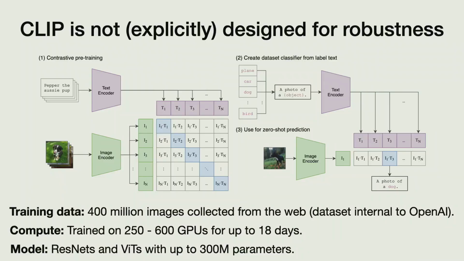You just tell the model the names of your classes. So for instance here, plane, car, dog, and bird. You make captions out of it, sort of like fake captions, like a photo of a plane. You feed this through your text encoder. You do this once for each of your classes. We have k classes, so now we have k text embeddings. And then at inference time, you compute the image embedding for your input image, and then you just do nearest neighbor in your text embedding space. That way you can use this out of the box as an image classifier without explicitly fine-tuning on any more image data. Okay, cool.